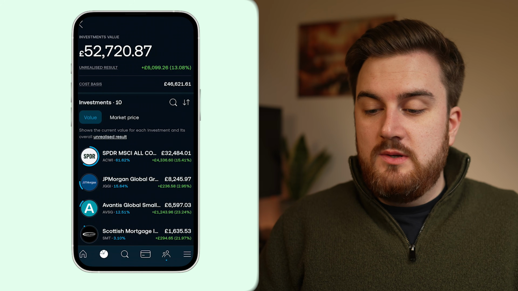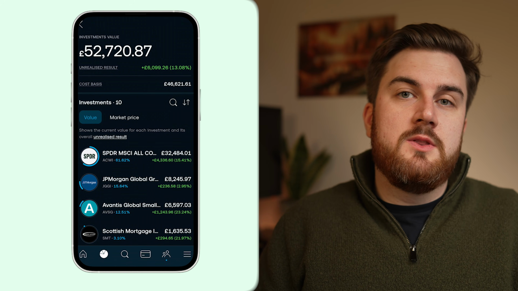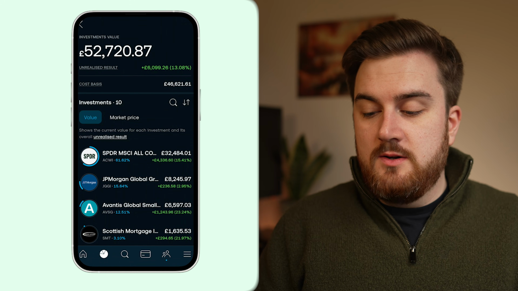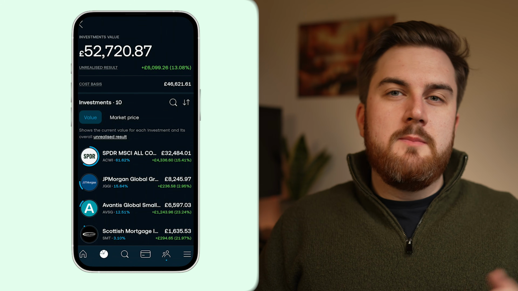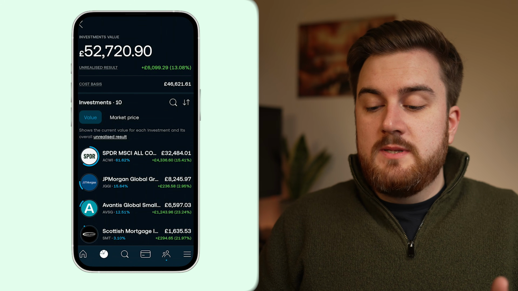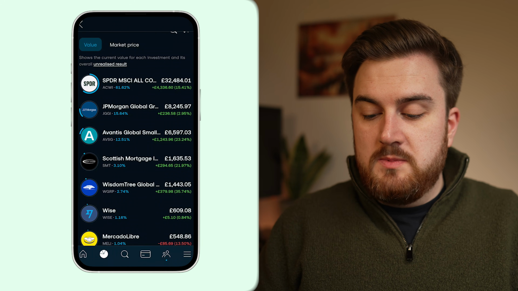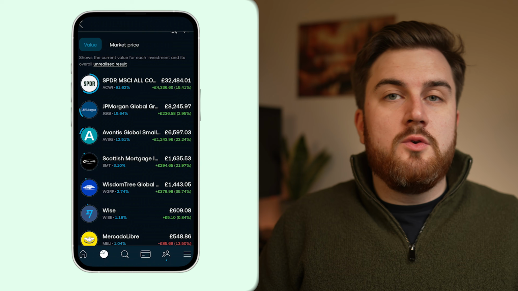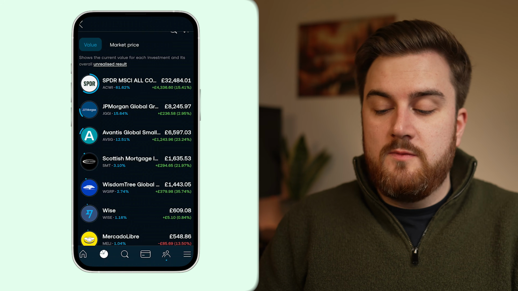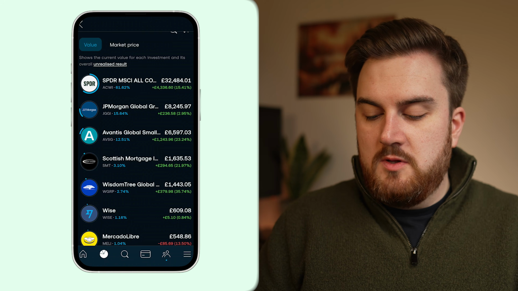So once you click see all, you can see the unrealized result, which we saw earlier on the portfolio chart if you had that setting on, and your cost basis. But importantly, at a glance, you can see what percentage of your portfolio each investment makes up. So you can see in my portfolio, my large position by far is the SPDR MSCI All Country World ETF, 61% of my portfolio, and then a few other funds followed by some individual